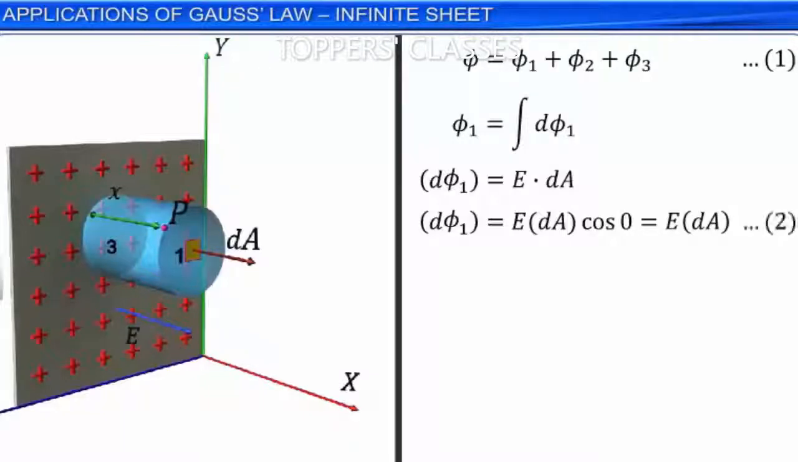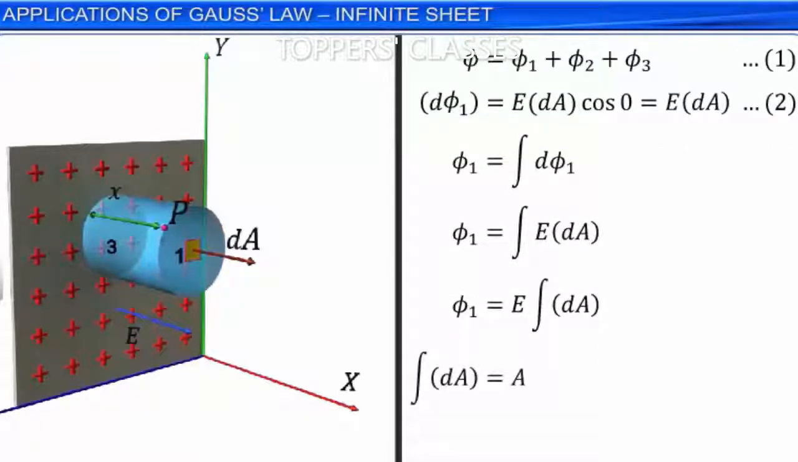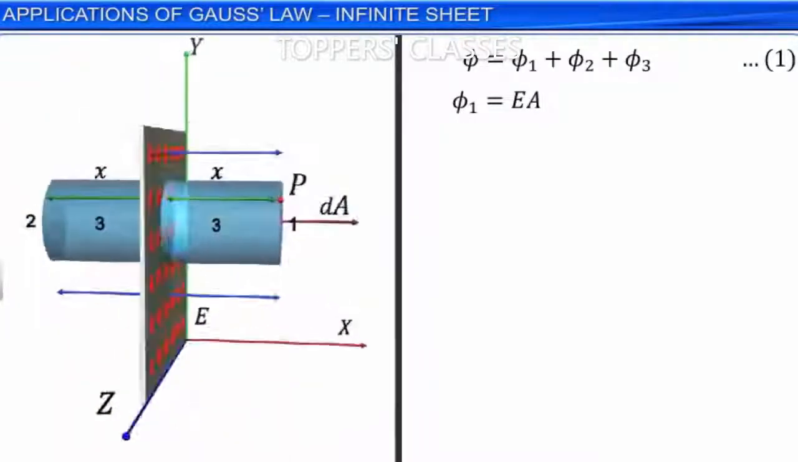It is important to note that E is constant in magnitude for all points on S1. Now, phi 1 is equal to integral EdA. Since E is a constant, it is taken out of the integral. Then, phi 1 is equal to E into integral dA. Integral dA is equal to A, where A is the area of S1. Therefore, we get phi 1 is equal to EA. Since surface 2 is equivalent in all aspects to surface 1, the electric flux through surface 2, phi 2, is